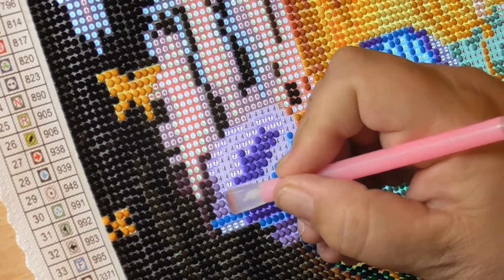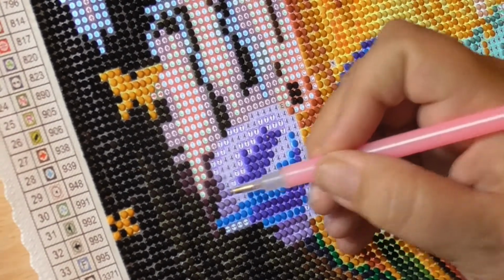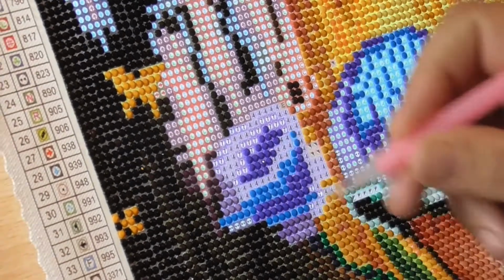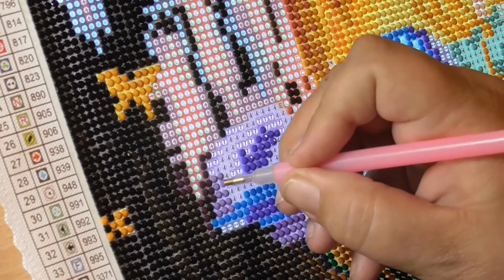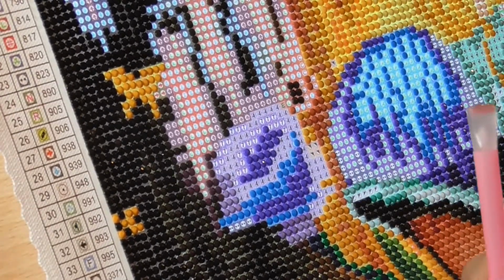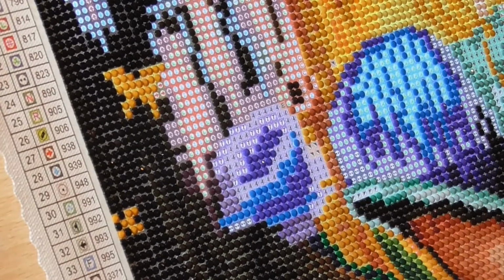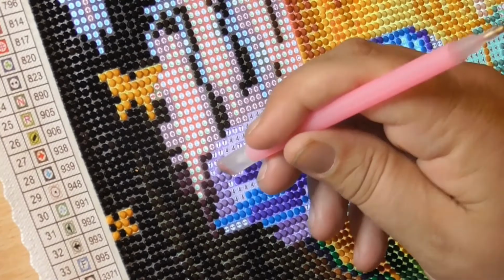There is the checkerboard way of doing it, where you do every other, and then you do the next line, and then every other, and then you fill it in, and you go along doing it like that. I don't think the checkerboard is really for me, because I like using the 9. That's what makes it very difficult to use any of those, because you put them on singularly in the checkerboard effect, and then it straightens it up, so it keeps them all straight for you. Or you can go online and you can buy a corner,